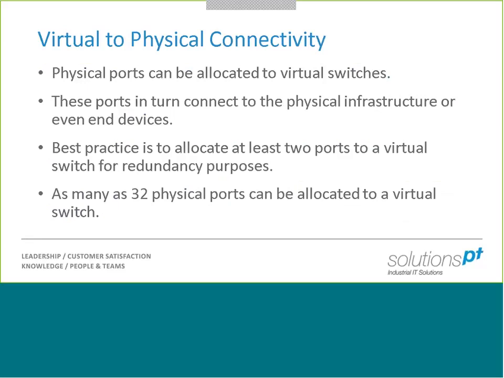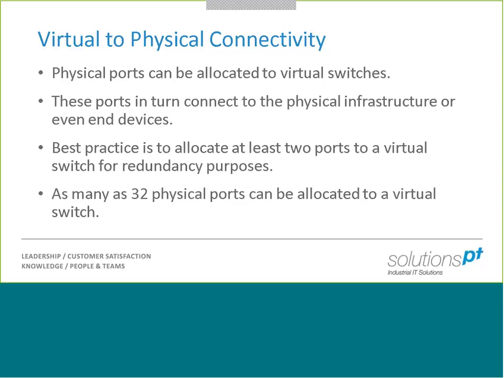Okay, so the most important point really in terms of connecting our virtual estate to the rest of our physical network, because obviously at some point, if we've got our virtual machines, we want them to talk to our physical estate, our physical network, and our physical servers. We need some link between the two. Now, it's actually reasonably straightforward to set this up. Essentially, all we need to do is allocate some physical ports on our servers to the virtual switches. So a physical port becomes a member of a virtual switch, and in turn, that physical port then connects to our virtual switch. And that is how we link between our virtual and physical network.